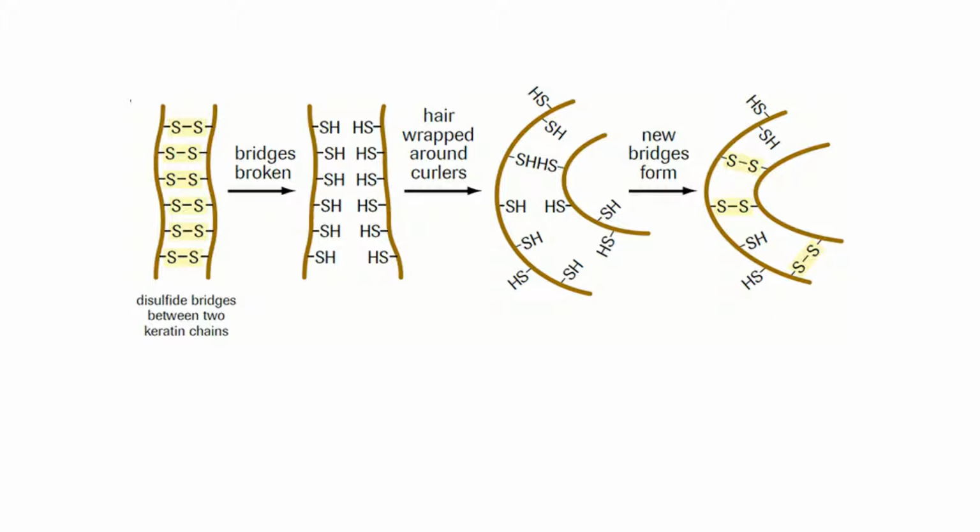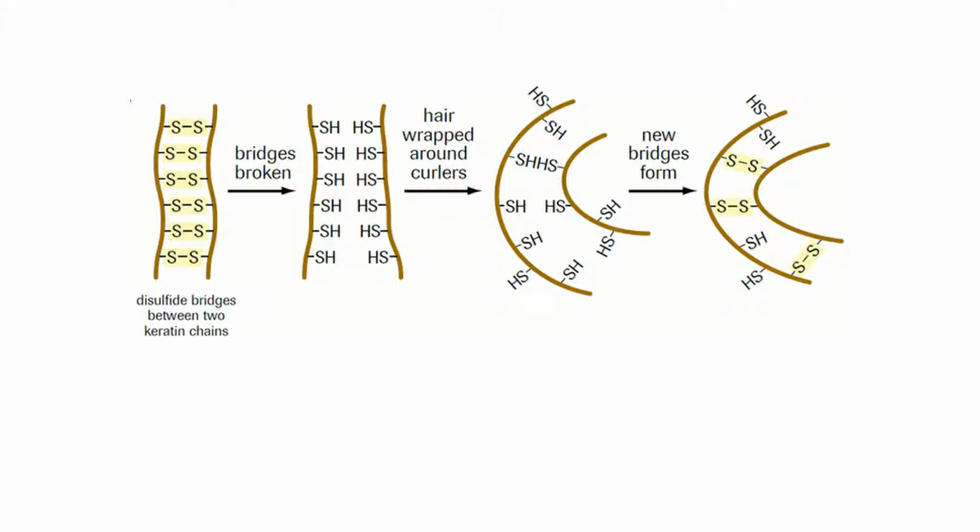Another application of this is, think about it, hairstylists. The hair has two keratin chains, and these two keratin chains are held together by disulfide bonds. Now, if you break the disulfide bonds through heat and chemicals,